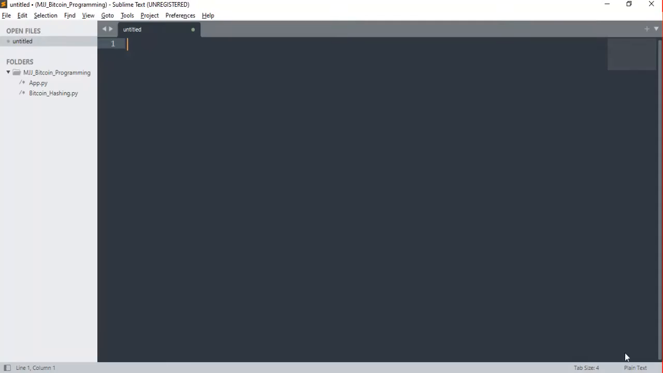Let's begin. To begin this Python code using the Bitcoin application, on the first line I'm going to write a comment: programming Bitcoin. The next line, I want to import the cryptos library for Bitcoin. So I will write the library import: from cryptos